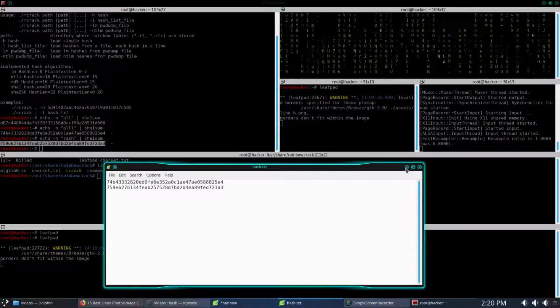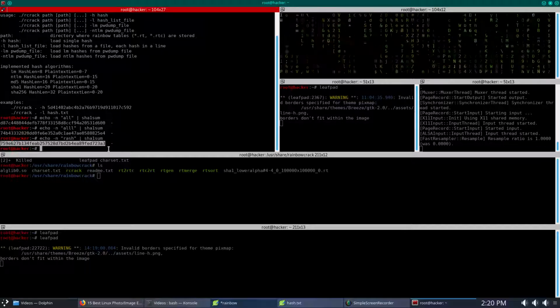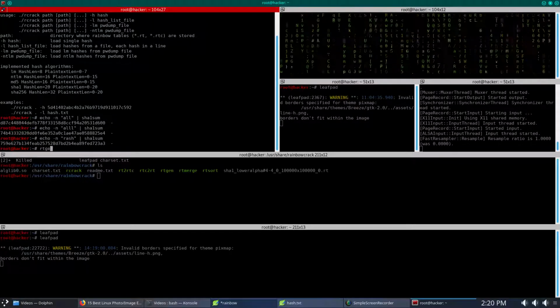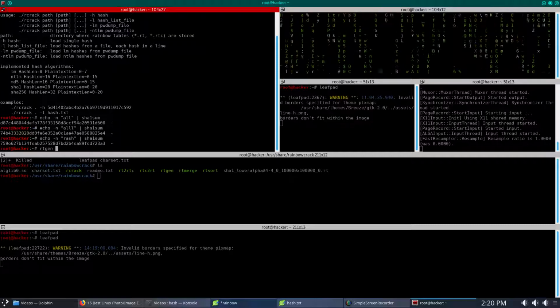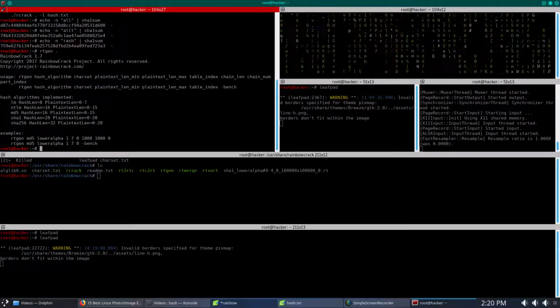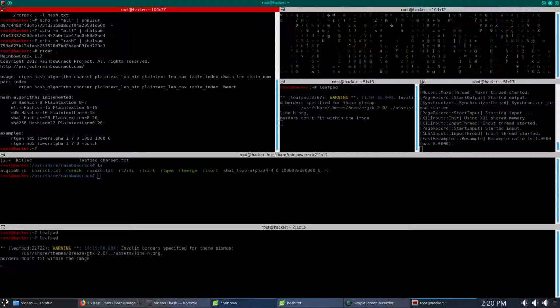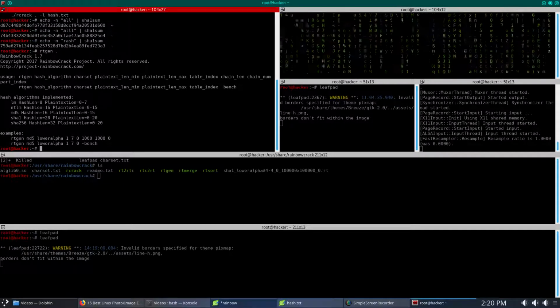Having saved that hashed password, I will now show you how to create a rainbow table. We are going to use this command, which is rtgen, then a space and a period. So basically, this is a rainbow table generation command. As you can see, it has